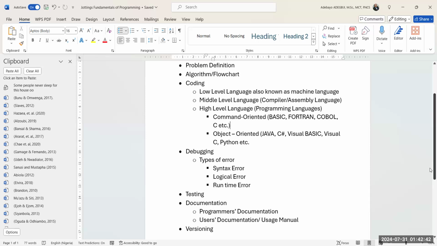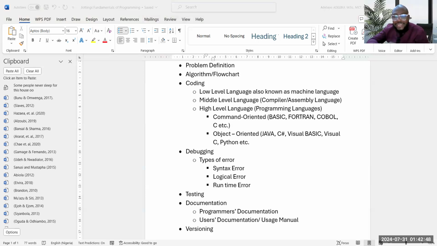What is a syntax? Every programming language has its own rules of how you declare your variable, how you do your computation, how you take input, how you give outputs. So if you follow these rules, then your program will be syntax error free. Each programming language has different ways of letting you know that there are things you ought to have done that you have not done. And as you begin to implement, you will see some of those examples.